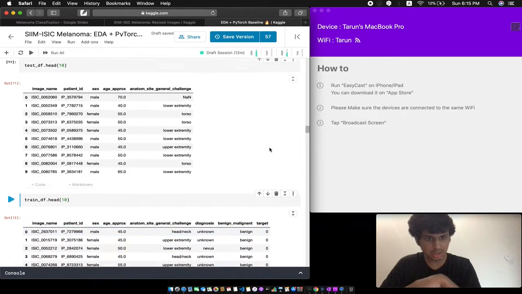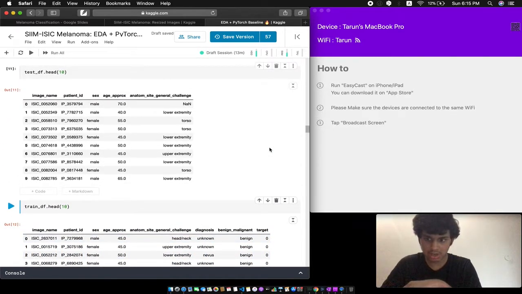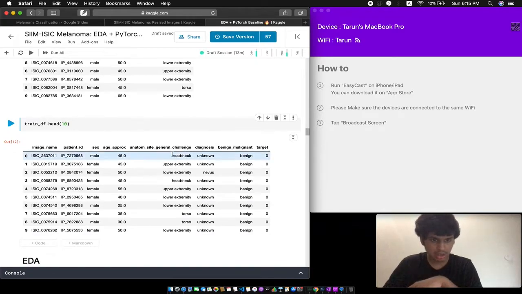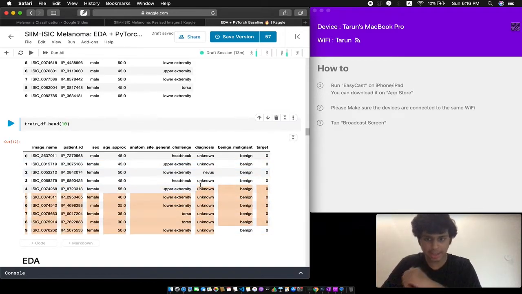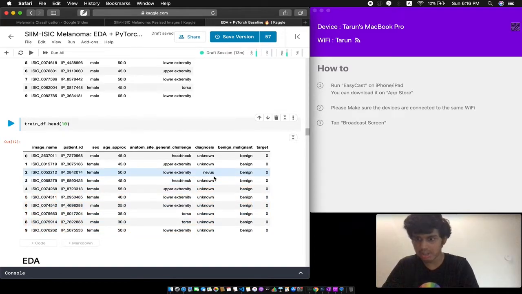And as you can see, there's a lot of extra patient level information in these data frames, like which part of the body the image was taken from. Was it taken from the head or neck? Was it taken from the torso, etc.? This is all patient metadata. In this particular tutorial, we'll only be using the image features, but you can also integrate these tabular features into your neural network pipeline to boost the accuracy. But here our focus is only to build a model that takes an image and outputs 0 or 1. So we're kind of going to be ignoring these metadata features.